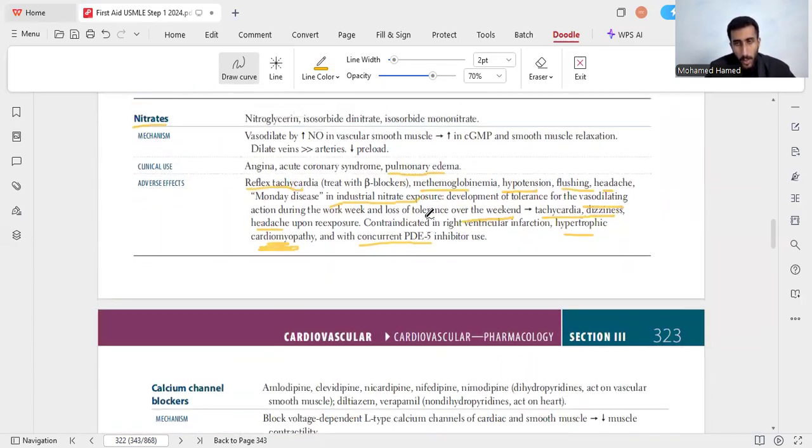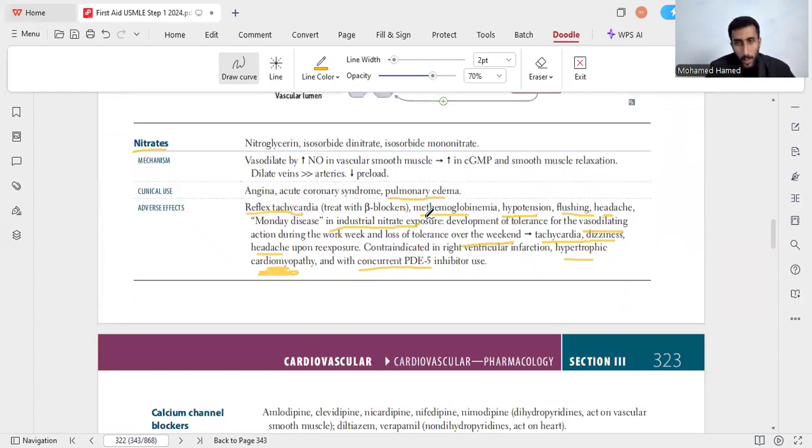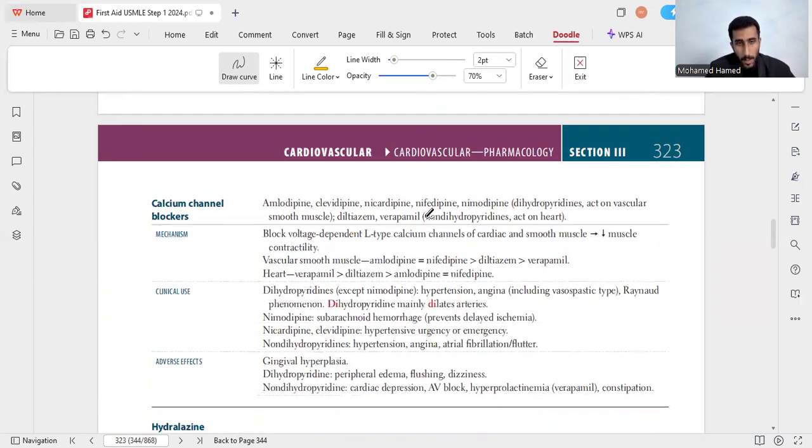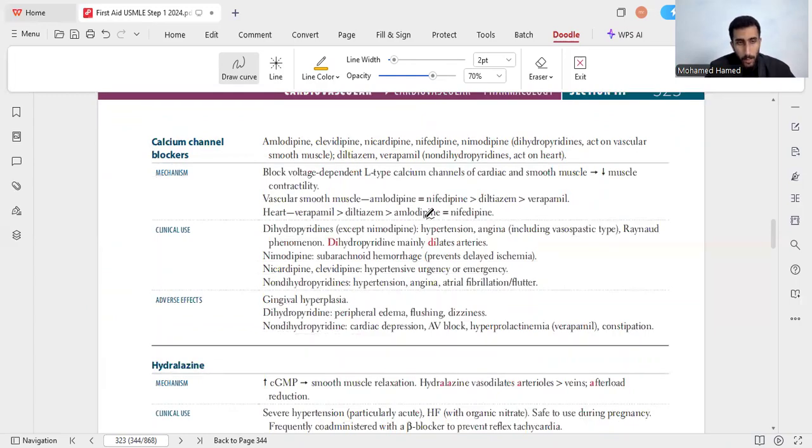sildenafil. The patient may take Erecta or any pills for increased sexual erection or so. You have to ask your patient for that. And the next group of drugs is the calcium